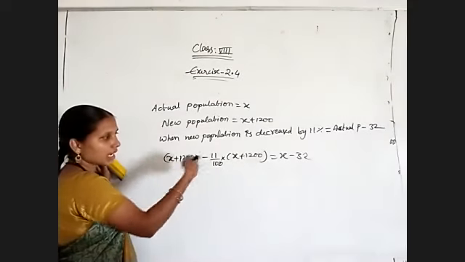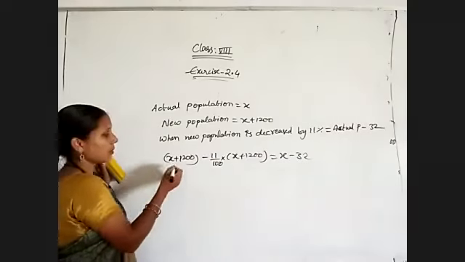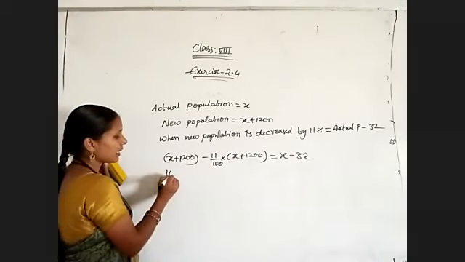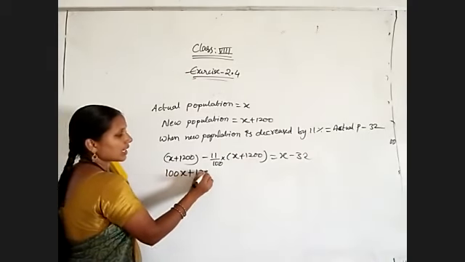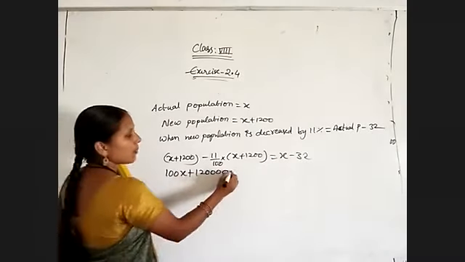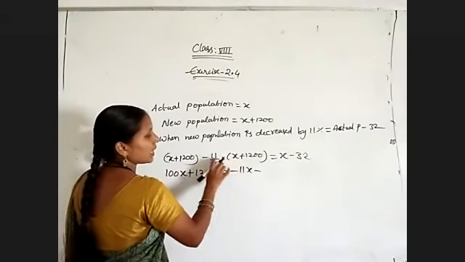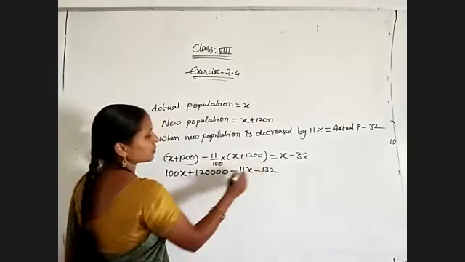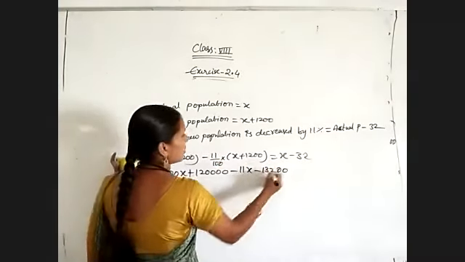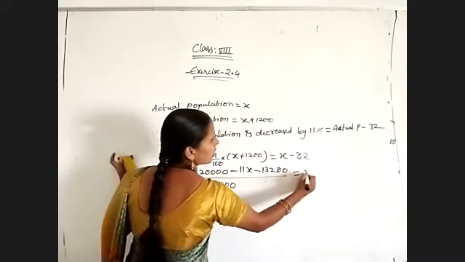If you want to bring the x term to this side and then simplify, you can do that, no problem. But okay, now multiply this 100 with 100. 100 into x, 100x plus 1200 into 100, so that is 1,20,000 minus 11 into x is 11x minus 11 into 12. 12 11s are 132. 11 2s are 22. 11 1s are 11 plus 12, 13. 2 zeros are there. By 100 is equal to x minus 32.